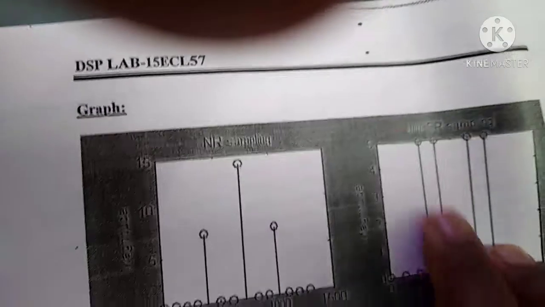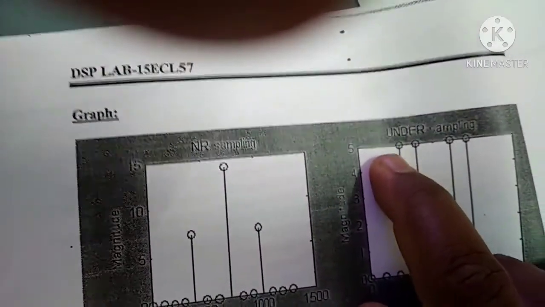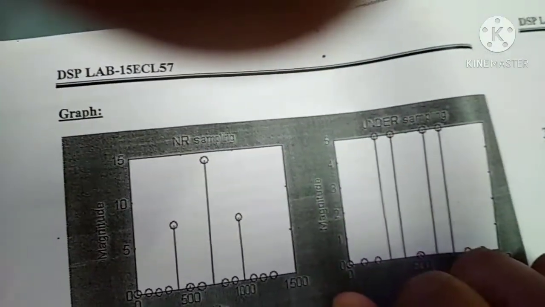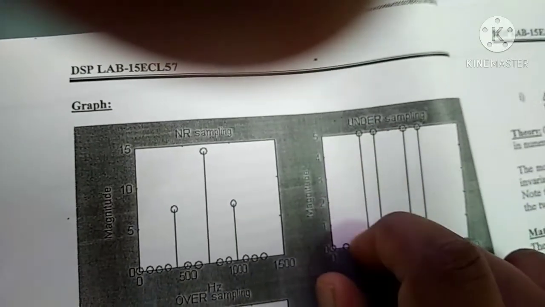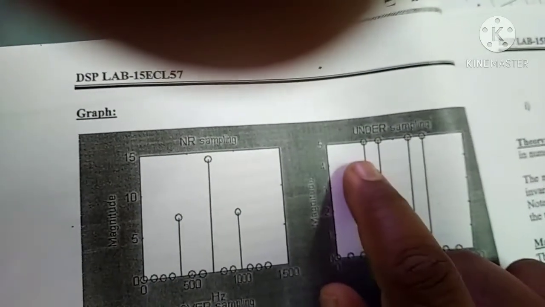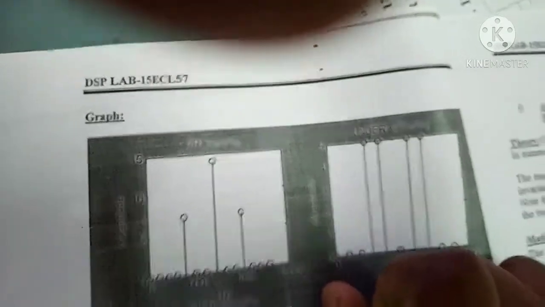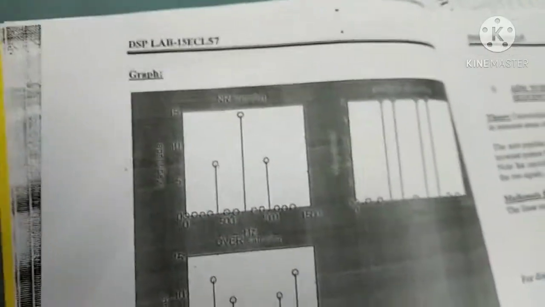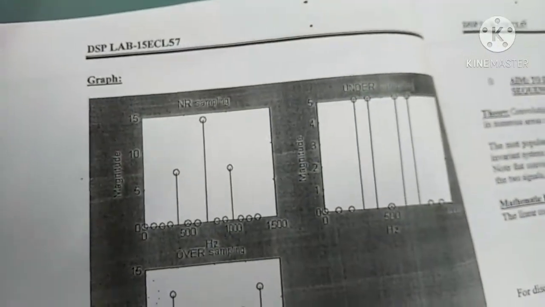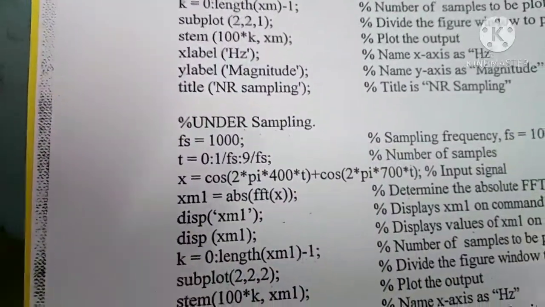Because of this, the signal will have a value at 300 and at another frequency. Our signal is not present at 300, but it is showing a value at 300. It indicates that because of aliasing the distortion has occurred. At the frequency where our signal is not present, it is also showing a response. It indicates we should not sample the signal below the required sampling frequency.